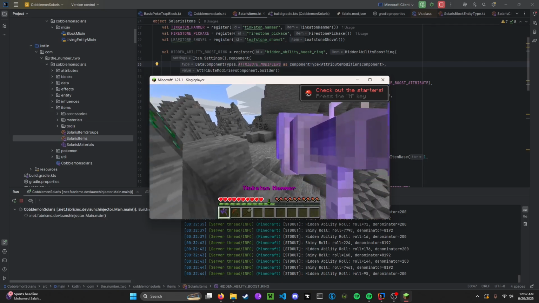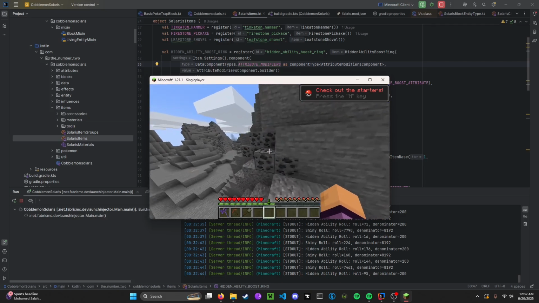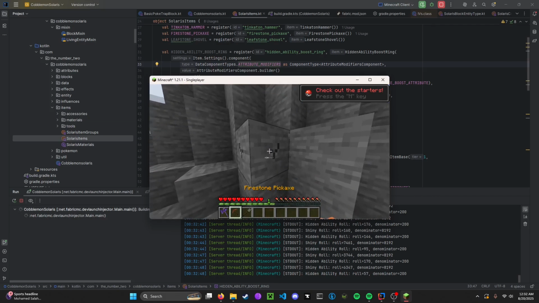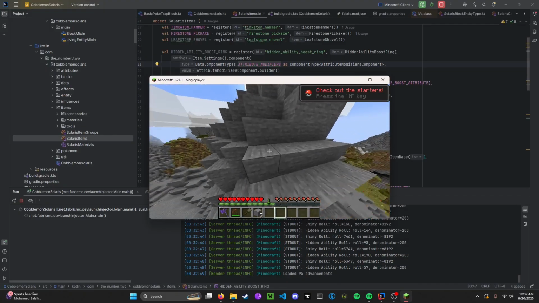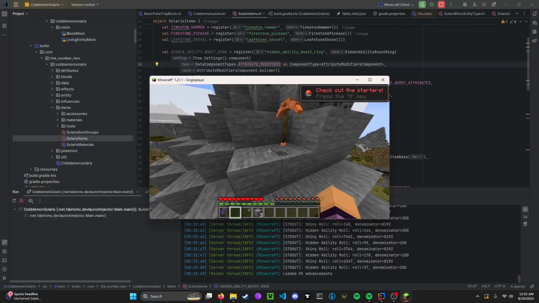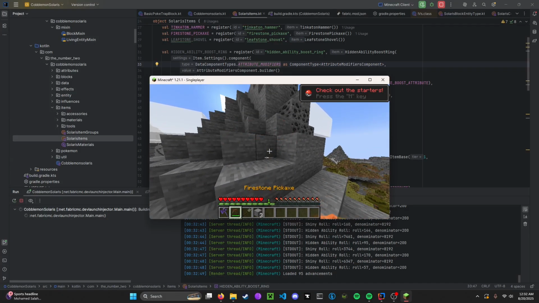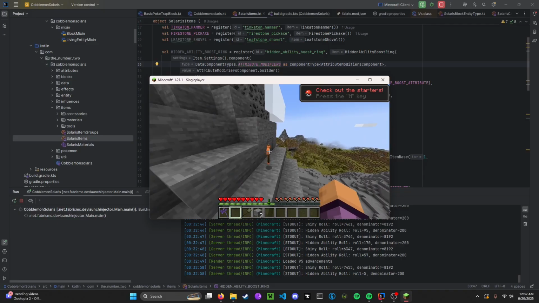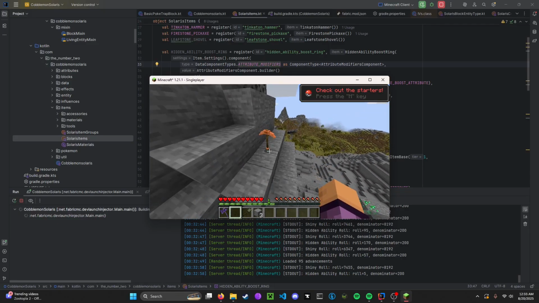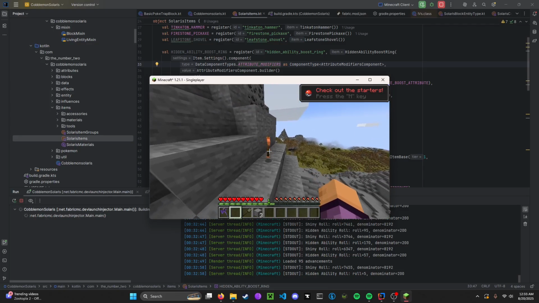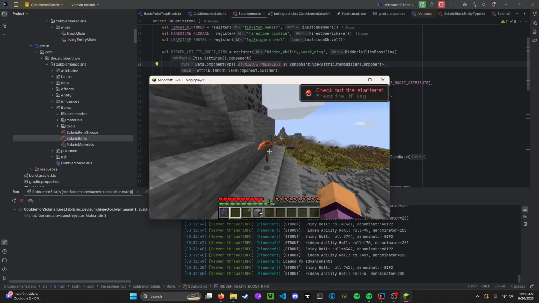Also, a good bit of modding is knowing game design, which is fun, and I'll talk more about that later. So I just inadvertently showed you the Firestone pickaxe. Let's go ahead and drop that. It has a very rough model, I would like to add. Very rough. I need to go over the handle texture again, and one of the